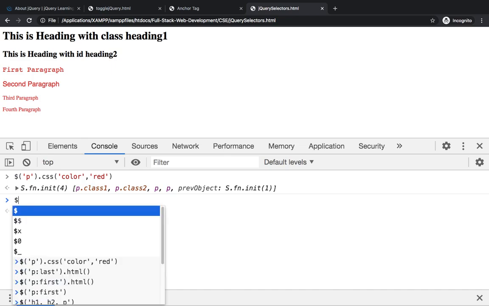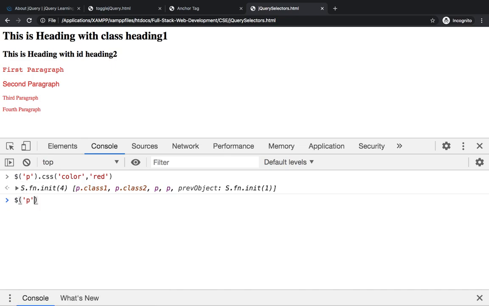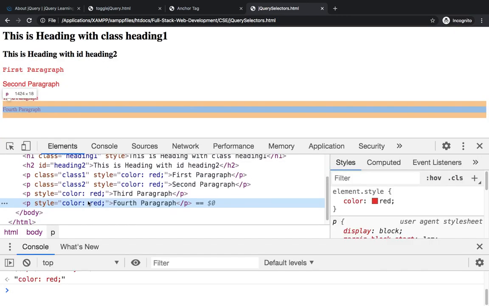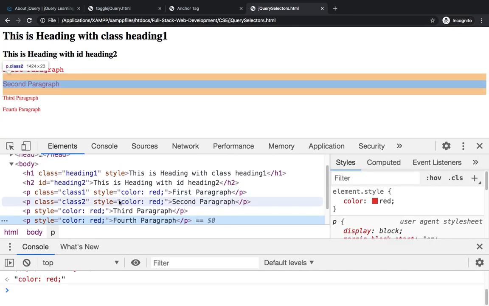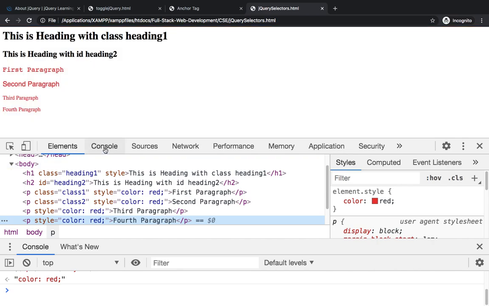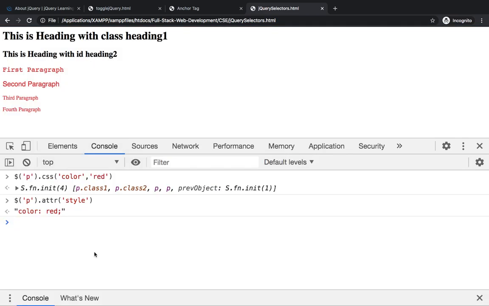You can also check the style property or style attribute for all the paragraphs, and here it is. The styling of all the paragraphs has been changed to color red. If I see all the elements, you can see it here, styling color red in all the paragraphs. You can also remove this attribute by using the removeAttr function.